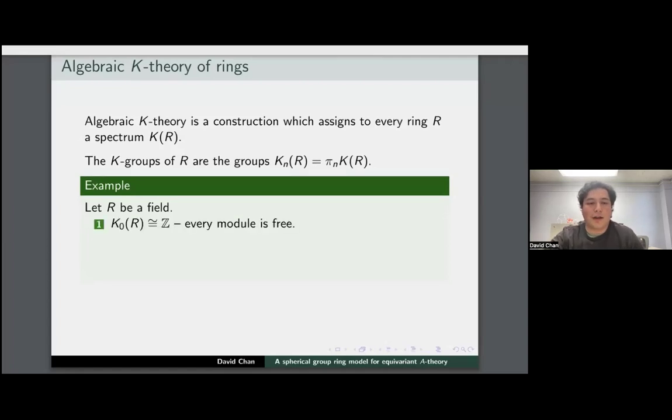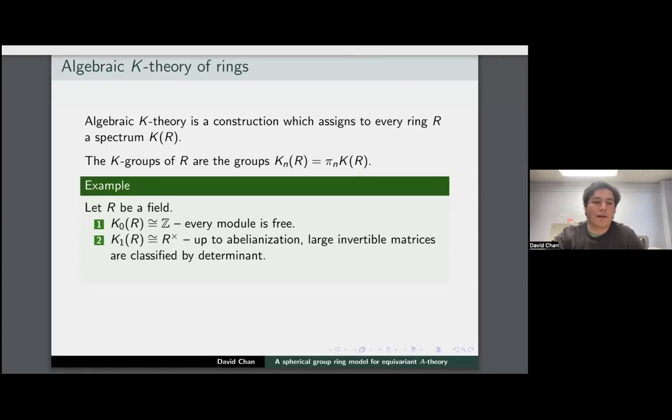So the first one, K0 of R, this is the easiest one to understand in basically every case, right? K0 of R is going to be the integers, and you're supposed to think about this as saying that every module over a field is free, right? So they're classified by their dimension, and dimension gives you a natural number. You group complete it, you get the integers, right? So this is K0 of R, and you can get a nice interpretation of what K0 of R